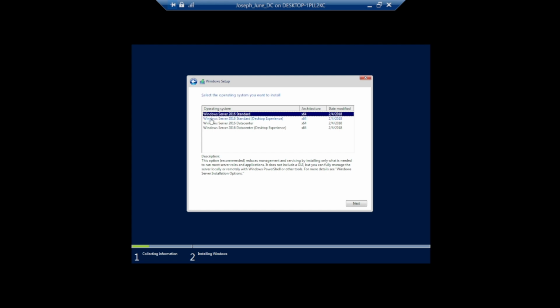So here is where you choose the operating system you want to install. Do you want to install Windows Server 2016 Standard, or Windows Server 2016 Standard with desktop experience, or Data Center 2016 without desktop experience, or this with desktop experience? So I will explain to you. This one here is if you just want a command line interface of Windows Server 2016, but if you want it to have